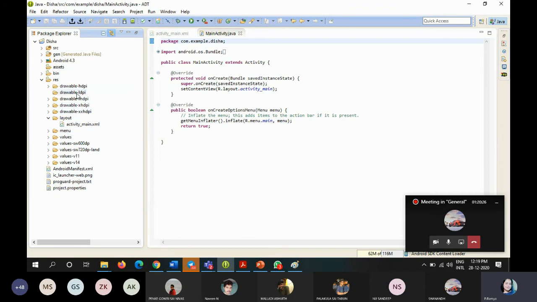You can copy your image into any one of the previews. Suppose you copy your image into MDPI, your application icon will look medium. LDPI means very small, HDPI means bigger, with a high density pixel intensity. Like that it shows some resources.